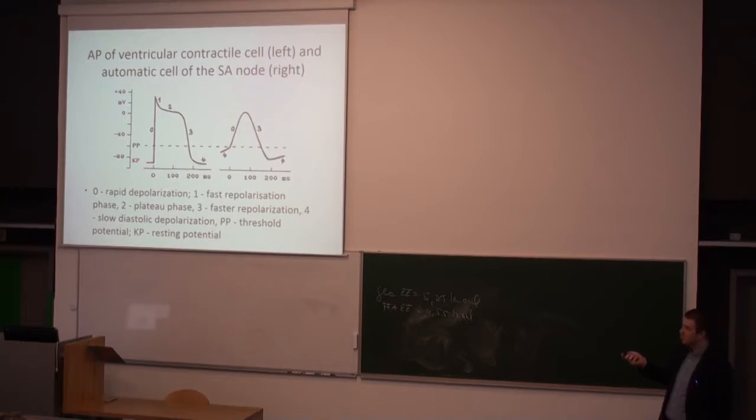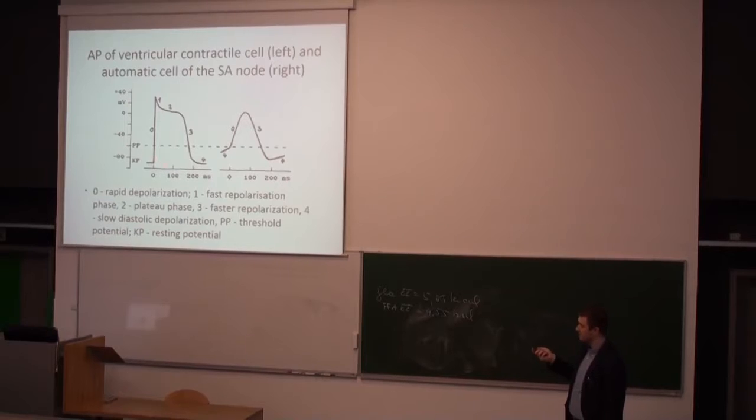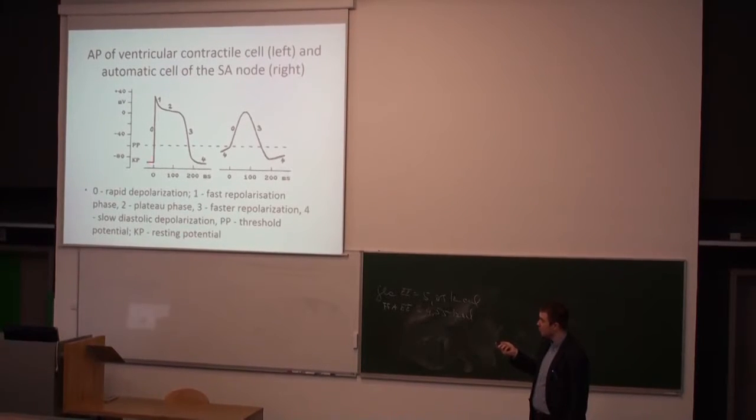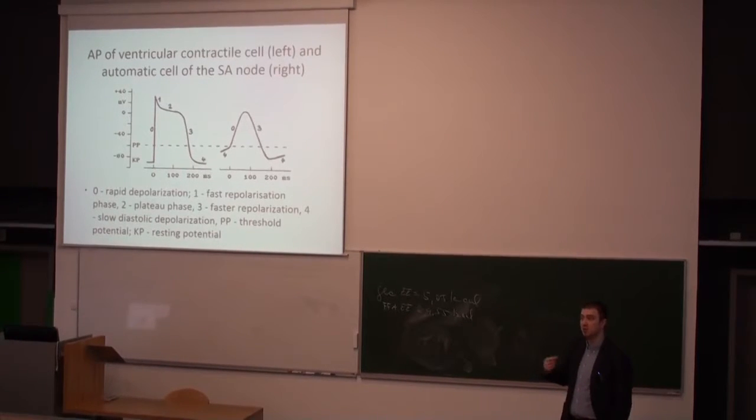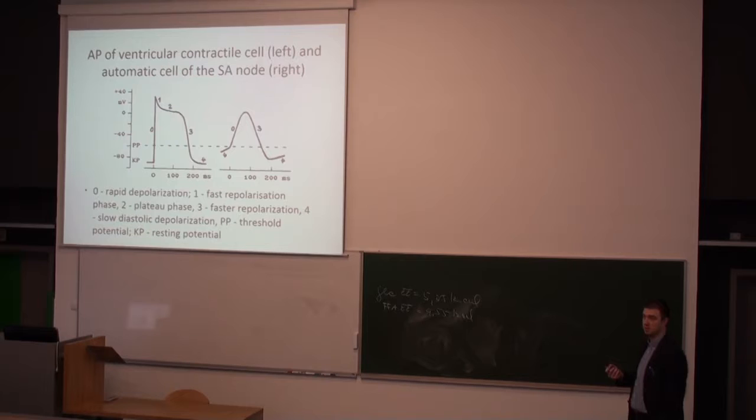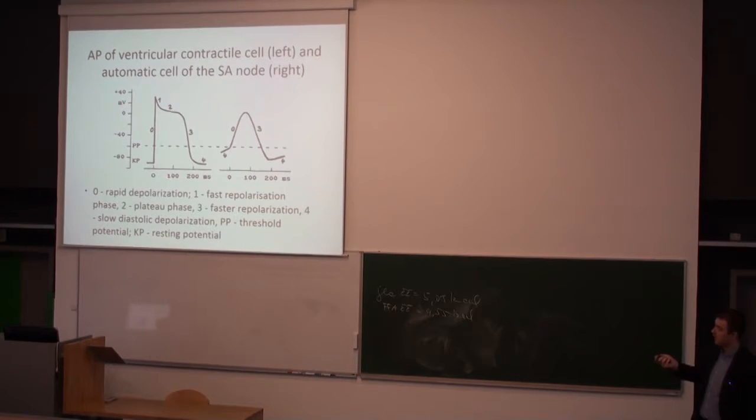The minimal potential is also lower. Yes, it's not minus 65, but you see that it's much lower. When the signal comes, then you have the rapid depolarization phase, and it's simply mediated, as for neuron, by the sodium channels. Yes? So this phase, sodium, and it's different from the sinoatrial node cells.